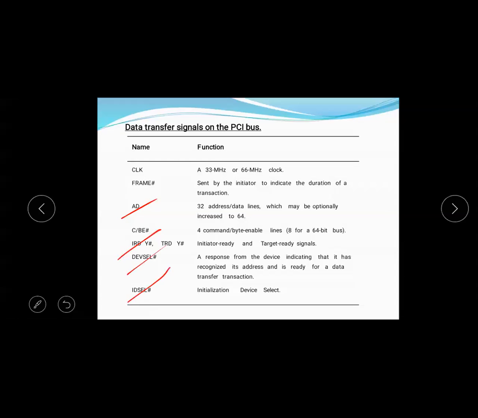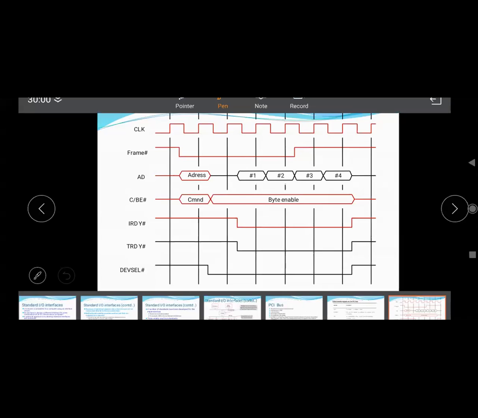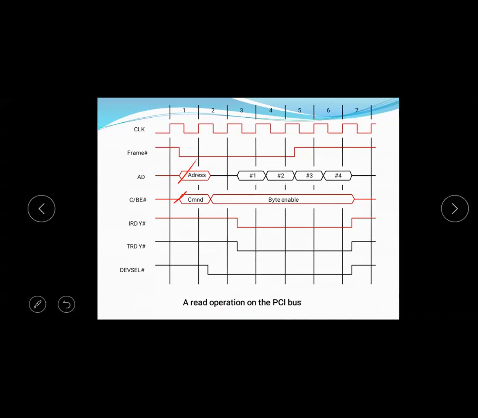Device select and initialization. This is the read operation: the address with which we have to communicate. The processor places the address of the device and also the command, the read or write command.